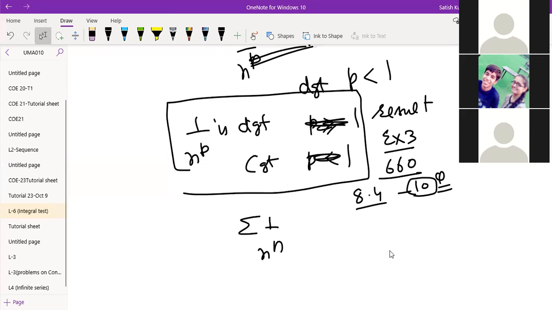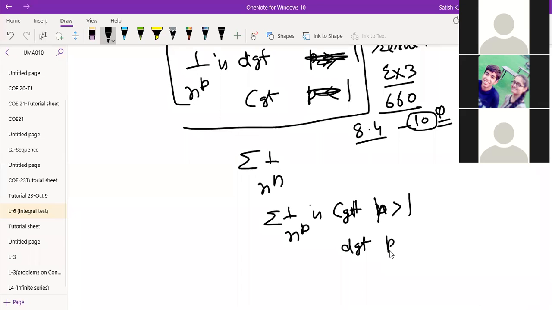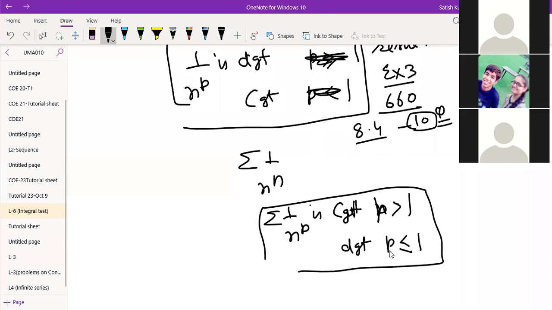Summation 1 by n raised to power p: so it is convergent for p greater than 1, and it is divergent for p less than or equal to 1. ये आपकी स्टेटमेंट। इसको ऊपर एक बार मैच कर लेना, अगर कोई डाउट हो तो मैं नेक्स्ट टाइम से फिर दोबारा डिस्कस करूंगा।